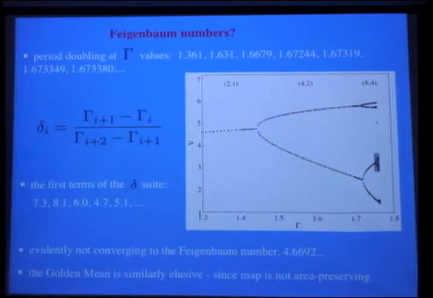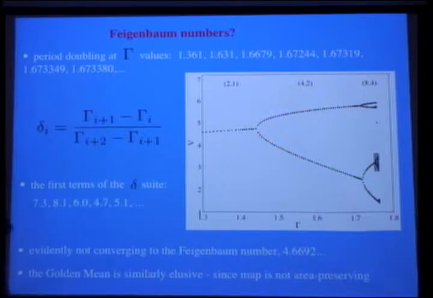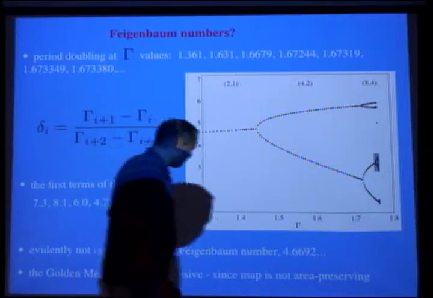And it's great if you can actually find these things in the lab, right? I knew about these Feigenbaum numbers when I was younger, and I was hoping to see them in the lab, but I think it is for a restrictive class of problems, and I don't think they would show up. I think it has something to do with the map being area preserving, whatever that means.